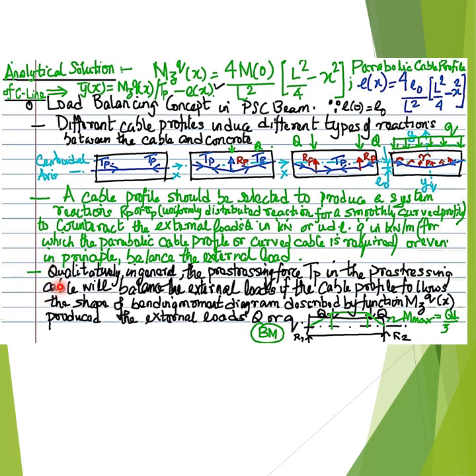Hence, qualitatively, the cable profile in a prestressed concrete beam in principle can be selected to produce a system of reactions between the cable and the concrete, which may consist of concentrated reactions such as capital R subscript P or uniformly distributed reaction denoted as small r subscript P, or a combination of both,